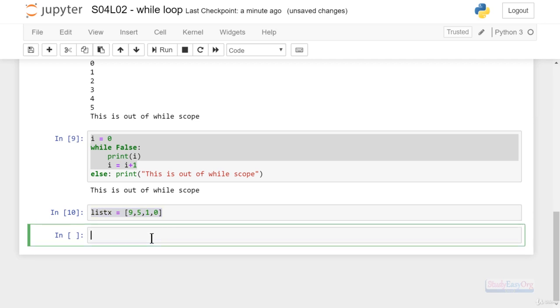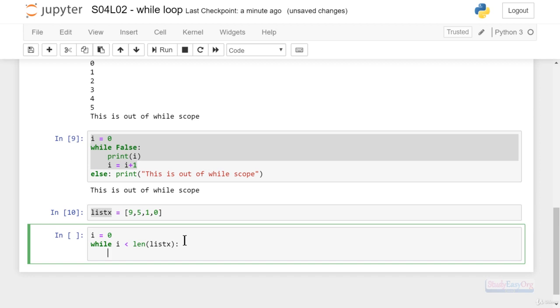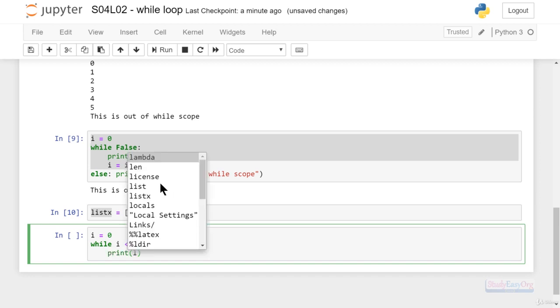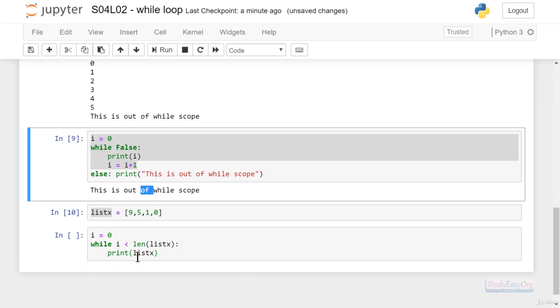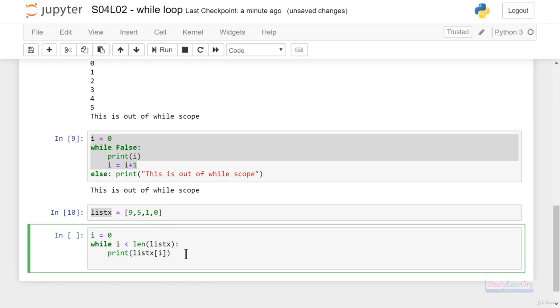So in here, it would be like i equals 0, while i is less than the length function, and we will pass on this list, and then we will print list X and we will give the index as i, right? And we will type an i